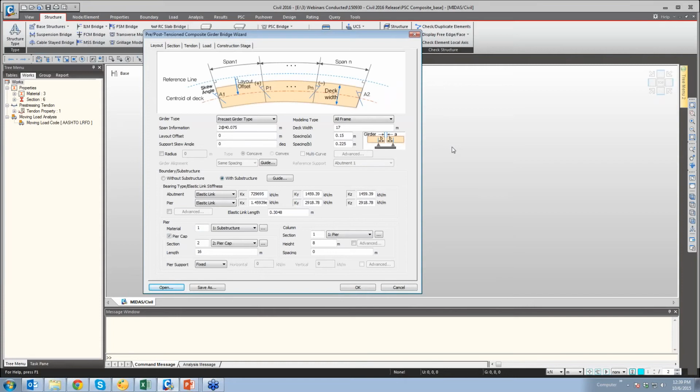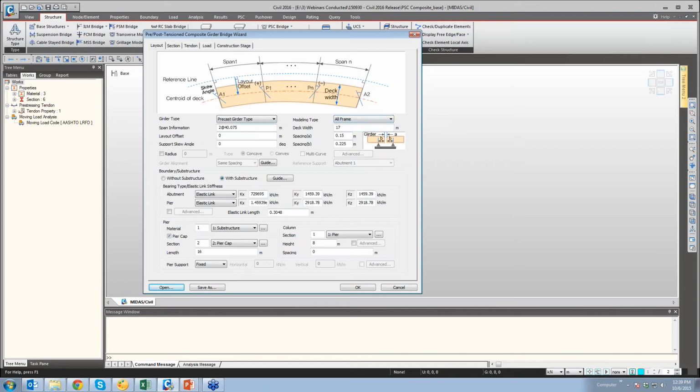Okay, so in the layout tab, you can select what type of girders are there, whether it is precast girder or whether these are spliced girders. Precast girders would be casted somewhere and they are just put on your span, and spliced girders similarly in the same way, but these would later be joined together. So we are keeping it as precast girder. Modeling as all frames, so your deck and your girders all would be modeled as beam elements.